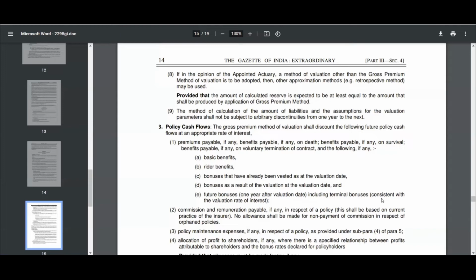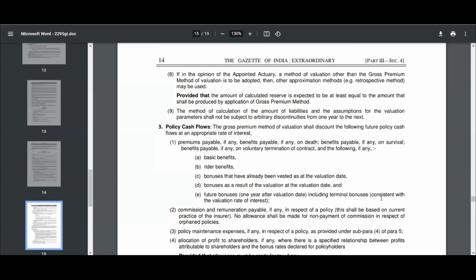The policy options and guarantees: where the policy provides options such as modality options like increase in the term or increase in the benefit, such that no medical underwriting has been done, or without submitting any evidence of good health, or providing guarantees such as guaranteed annuity options or financial guarantees. In such cases, they would be treated as special cash flows in the calculation of reserves. So we have not studied the model option, but we have studied financial guarantees, right, in GN22 once again. So you can see that all of this regulation that we've studied till now is coming back in sync and together in the ALSM regulation.